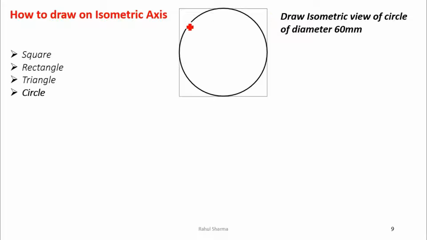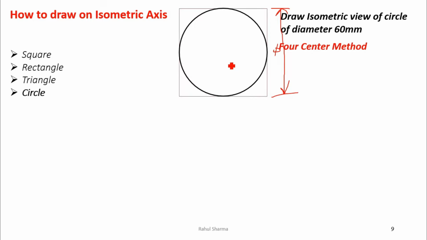So when I enclose a circle in a box, it will give me a side. What will be the side of this? It will be a square, and the side will be equal to the diameter of the circle. This will be equal to the diameter. Same on this side also. So first we will make the box in the isometric axis, then we will make the circle.